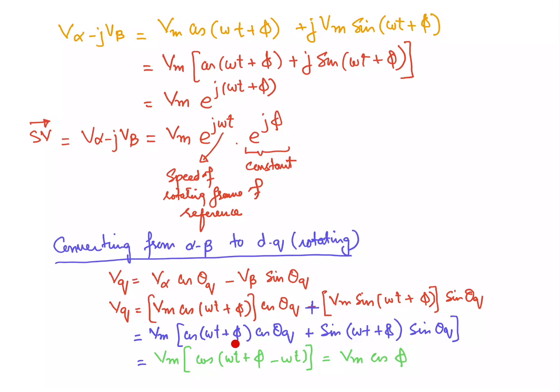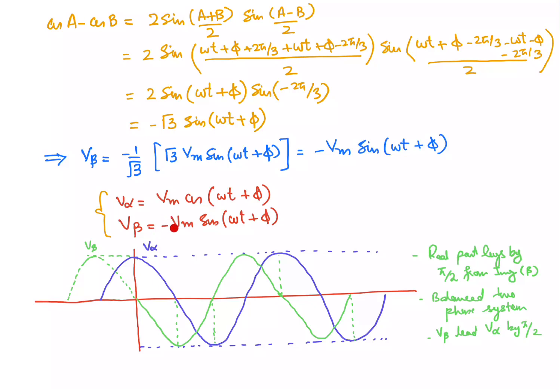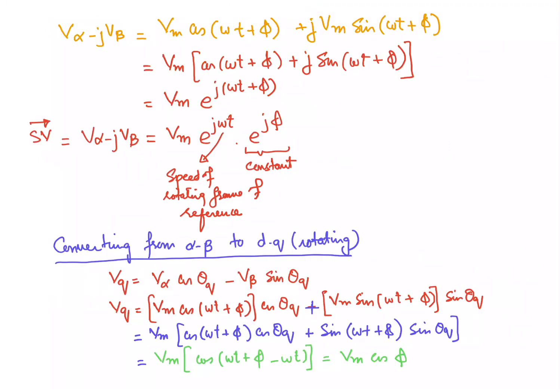So Vm into cos of omega t plus phi, cos of theta q, plus sine of omega t plus phi, sine of theta q. This has become plus because if you go to the previous slide, there it is the negative one. So that's why this negative sign has become positive. So what is Vq? Vq is equal to Vm into cos of phi. So phi is a constant, a phase angle, right? So we have the constant component of the voltage along the q axis. Now let's work out for the